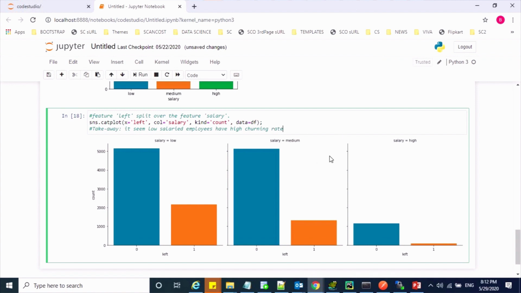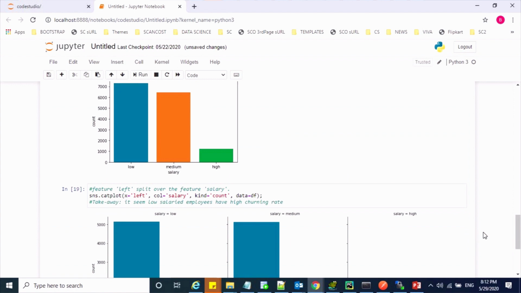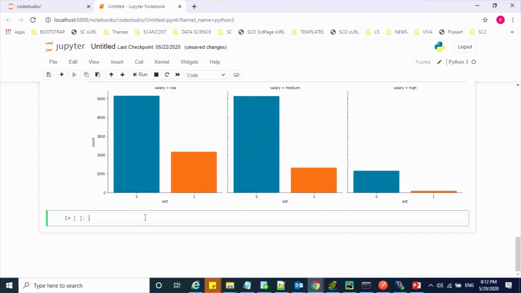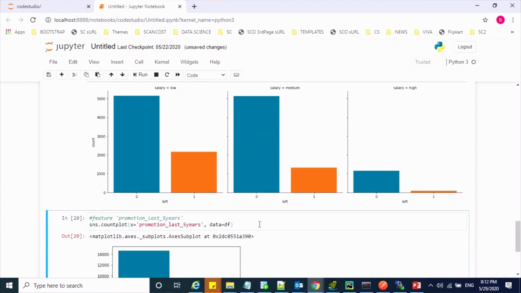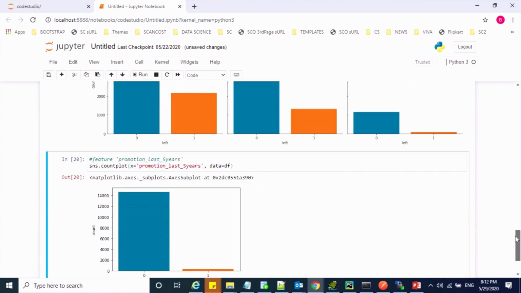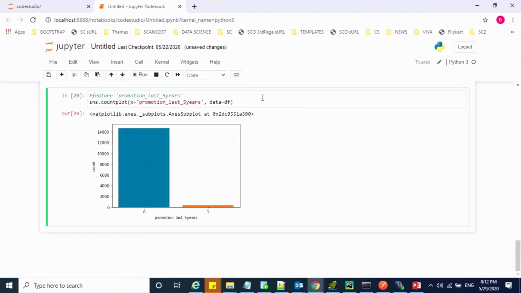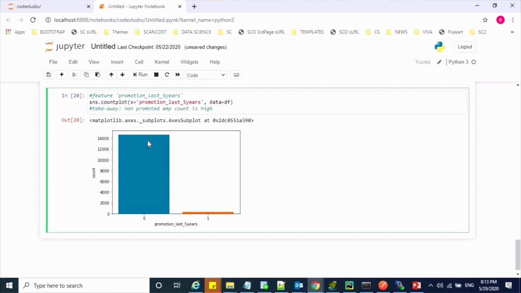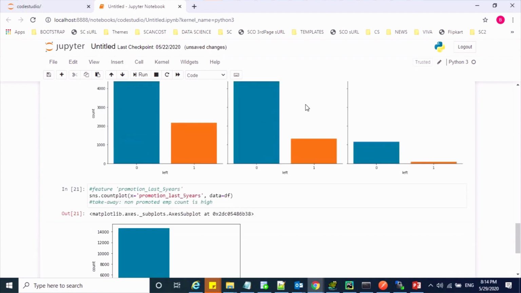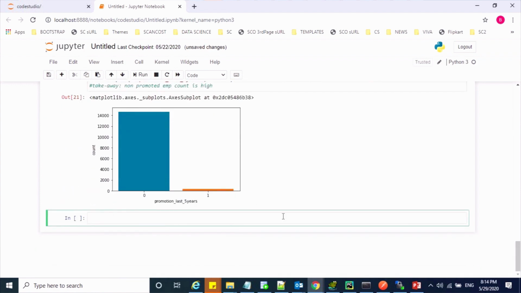Now let me draw a count plot on promotion last year. From this graph, what is the takeaway? Simply, we can see the non-promoted employee count is very high, as expected in every organization, right? Now we will draw a cat plot between our target column left and the promotion last 5 years feature.